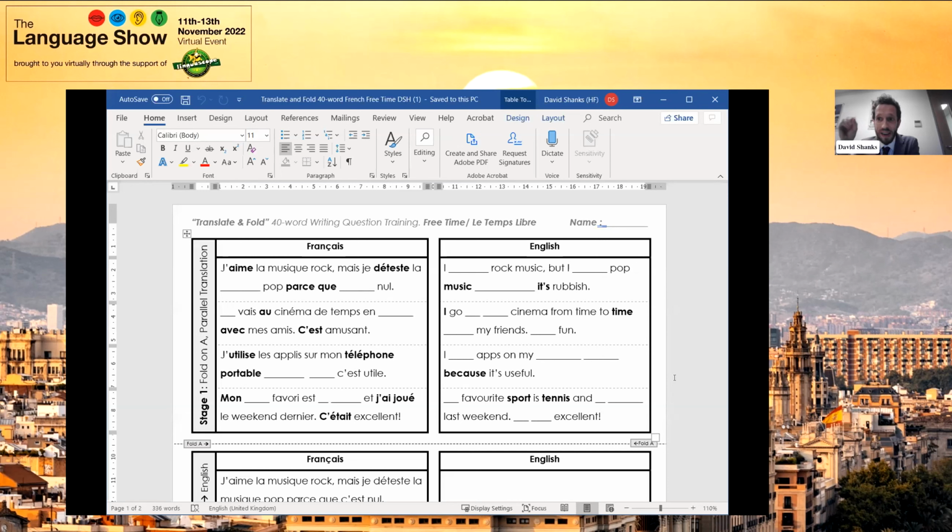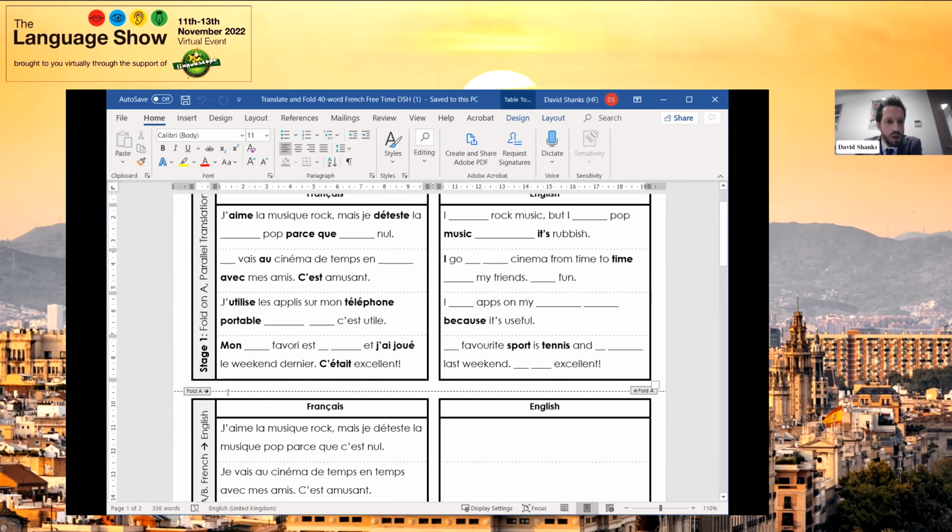And students do quite like the puzzle of, oh, I can work out what that is from across there, and vice versa as well. So you're not immediately confronted with this barrier of, oh, I don't know the word and I'm going to resign myself to stopping. So that's stage 1. And you'll notice there's a little dotted line that says fold A. I don't have one with me, but the plan is that students get their A4 page like this, and they fold along those lines so that they're only ever looking at one of these different rows, if you can imagine that working. And that's really powerful for memory and retention, which I've found as well.